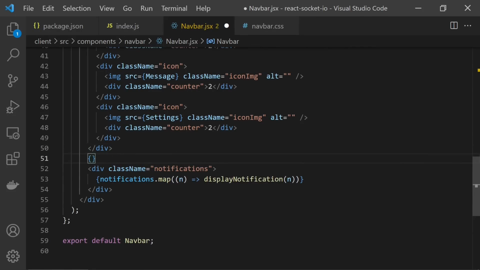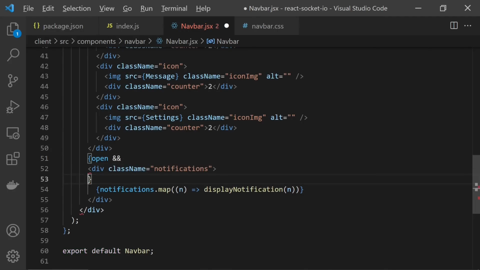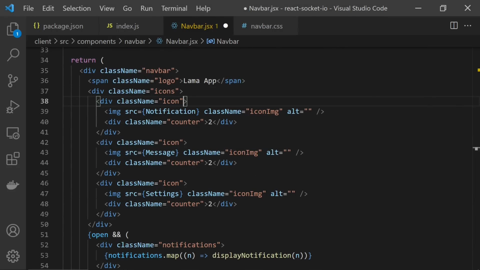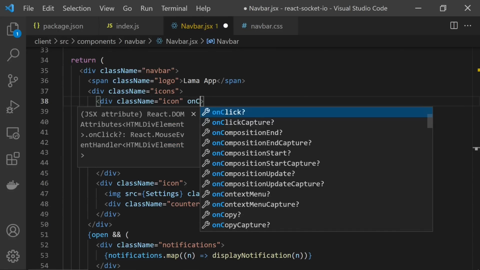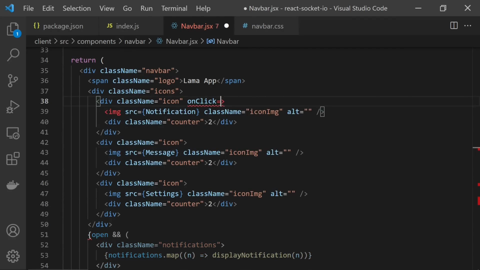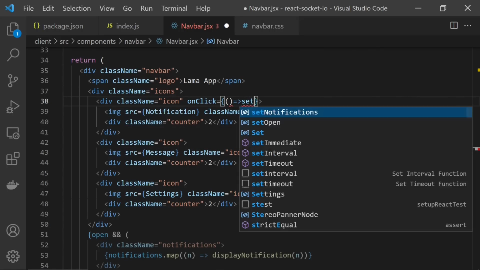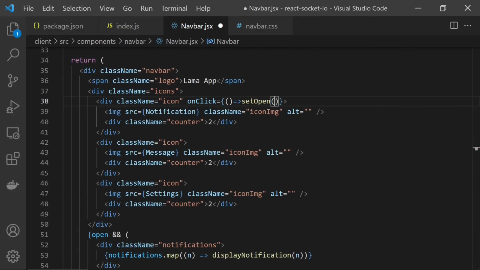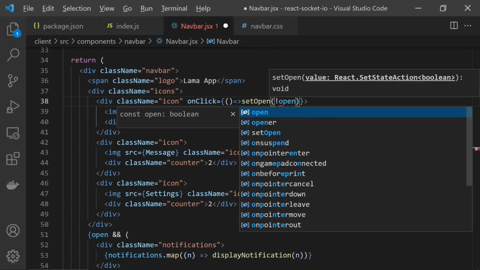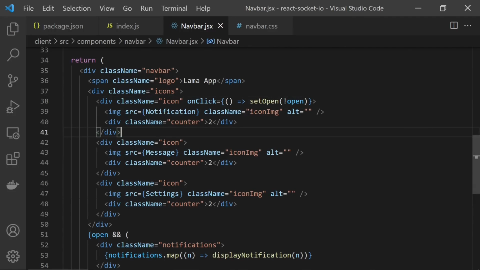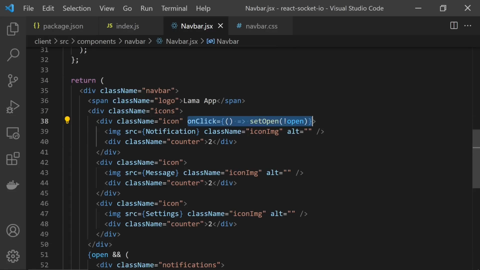So basically, I can create my condition here. If it's open, just show me these notifications. When I click this icon, I can set my state again. Let's say onClick. Oops, curly brackets first. And my function, and I'm gonna say setOpen and opposite of open. If it's false, it's gonna be true. If it's true, it's gonna be false. And for others,